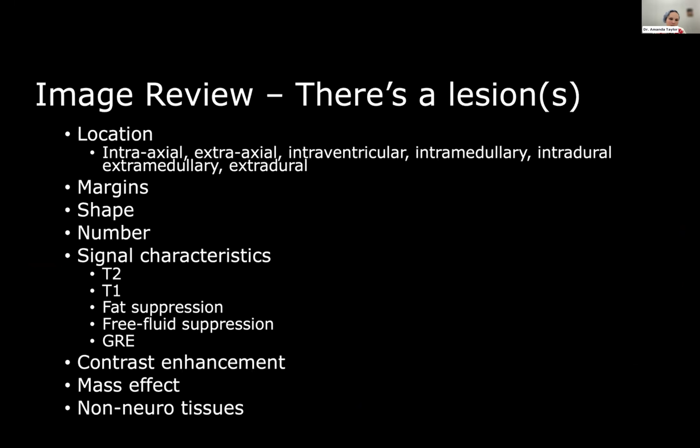When I look at spine, it's a bit different for me. I look at the sagittal images first, and I typically look at T2 TSE and STIR at the same time to determine whether or not I'm seeing any lesions and whether they remain bright or suppress on the STIR. And then if I do see problems, I look at the T2 transverse and then T1 in reference to those sagittal images, with final confirmation on dorsal imaging planes if I'm using them, depending on what disease I'm dealing with. And then the last thing I make myself do before I get up, whether I found the problem or I haven't found the problem,